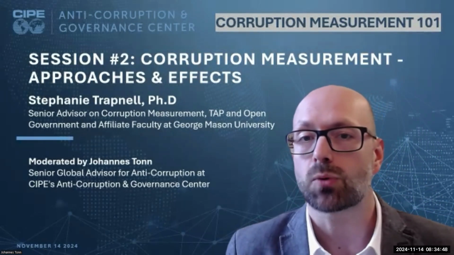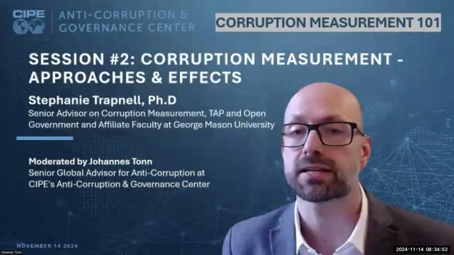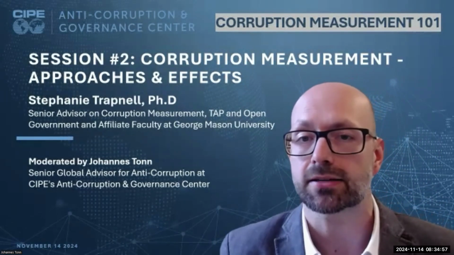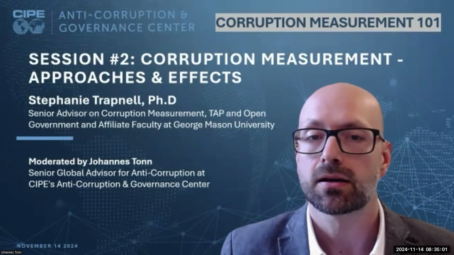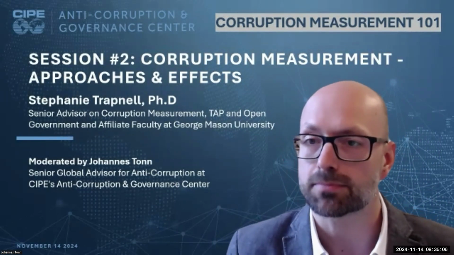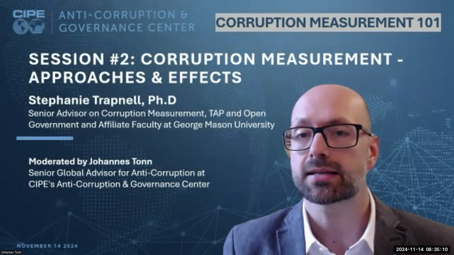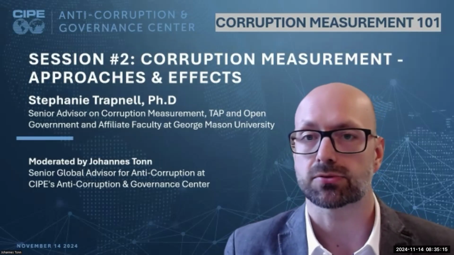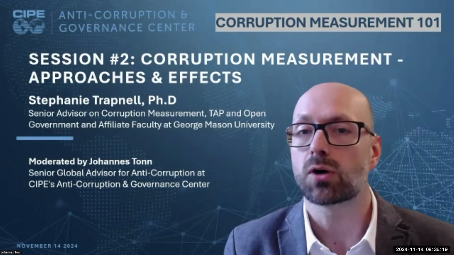Paul talked to us about why it is so tricky to use global indices, the Worldwide Governance Indicators or the Corruption Perceptions Index, despite the fact that so many governments, but also the private sector and civil society organizations, regularly reference these indices. Paul stated clearly that these indices have had a huge impact to put corruption on the agenda. At the same time, he advised caution because anti-corruption experts and practitioners often conflate how to best use these data sources. They, and perhaps all of us, want to have it all in one index, but that